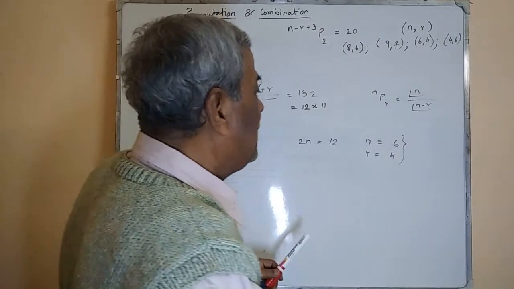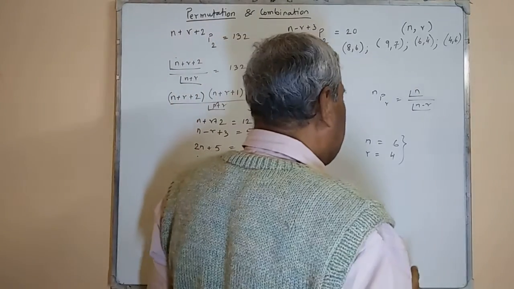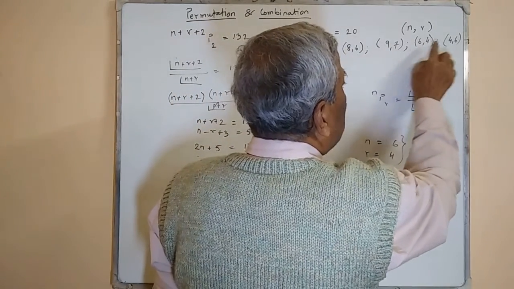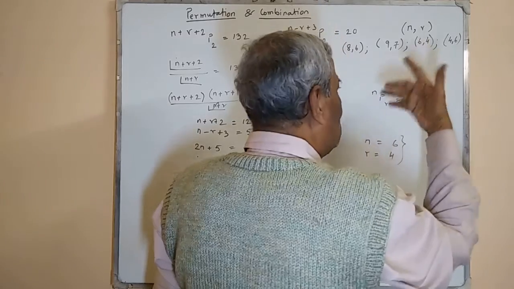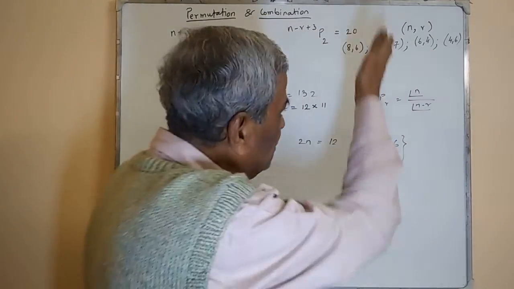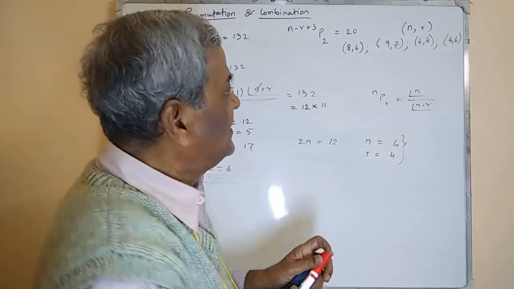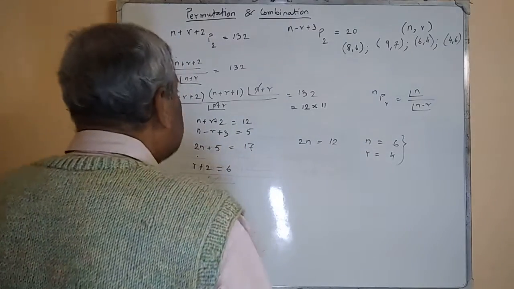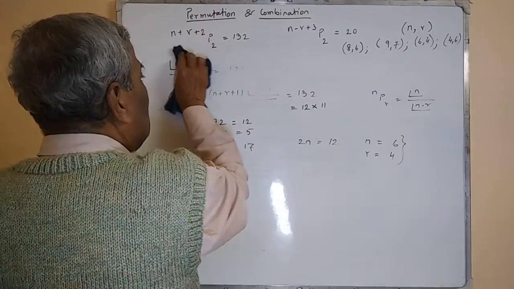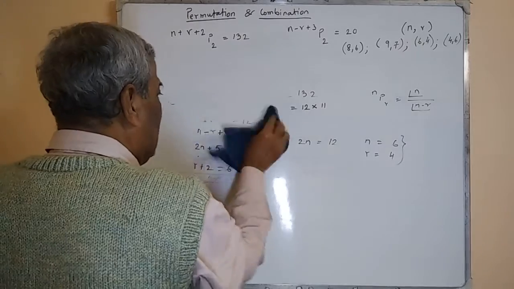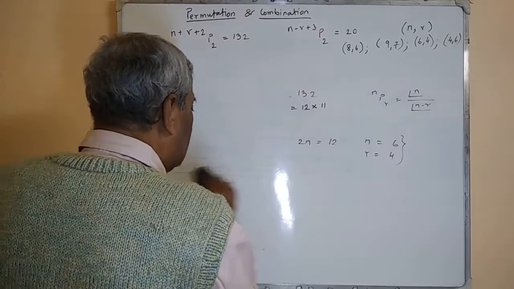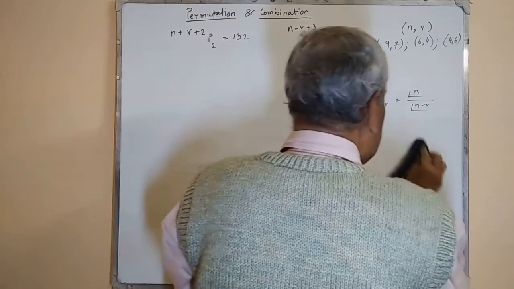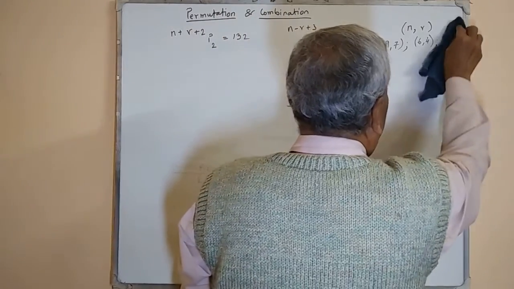One thing, you see, we get in the first attempt n is equal to 6. n is equal to 6 is nowhere else except that option. So no need of calculation of r. So we can say this is our answer, 6, 4. This way, I factorize, it will simplify. That is, calculation becomes very, very simple.